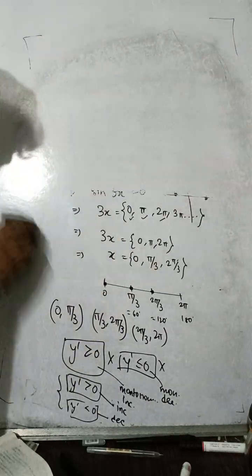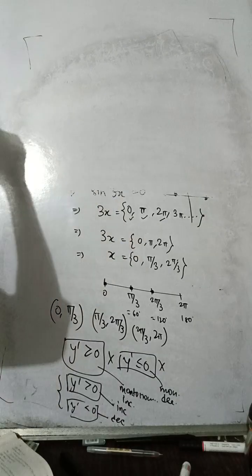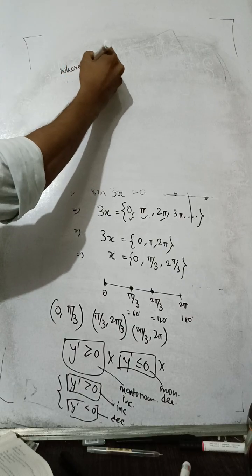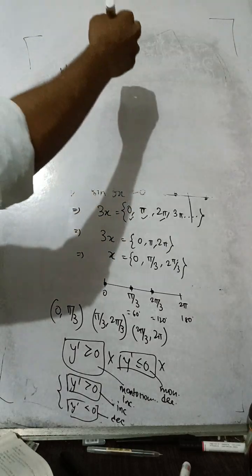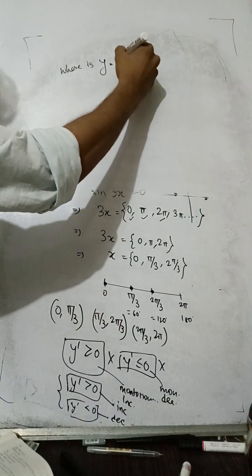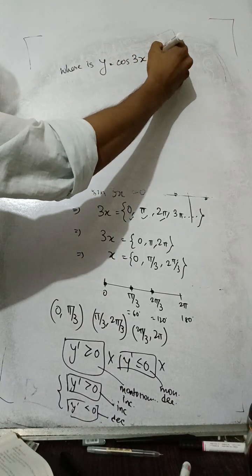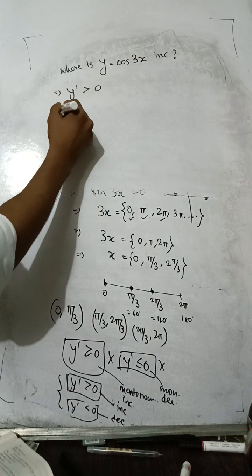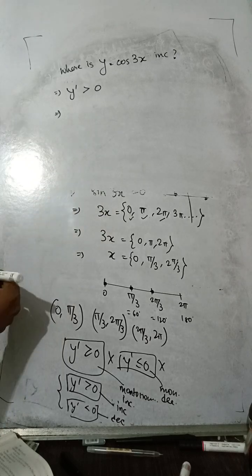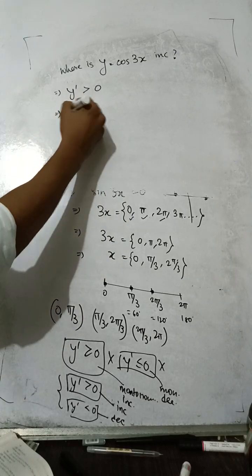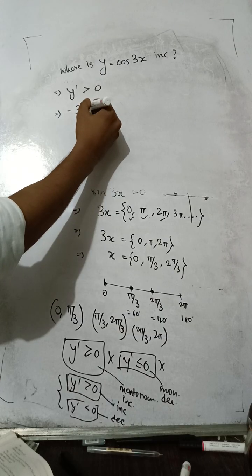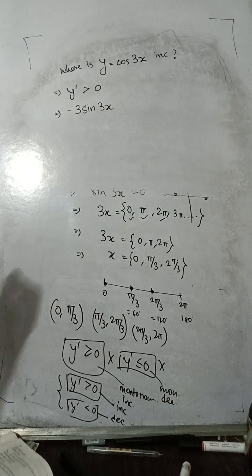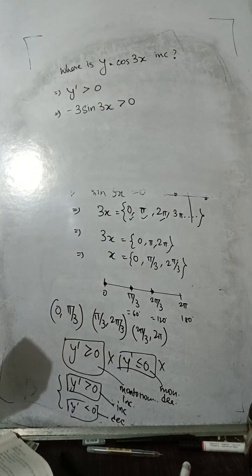Now the next part is y dash greater than 0. So where is our y? Our y was probably cos 3x, right? So where is y increasing? Y is increasing wherever y dash is positive. And what is our y dash? Our y dash is minus 3 sine 3x, right? Now, wherever this is positive, let us first of all